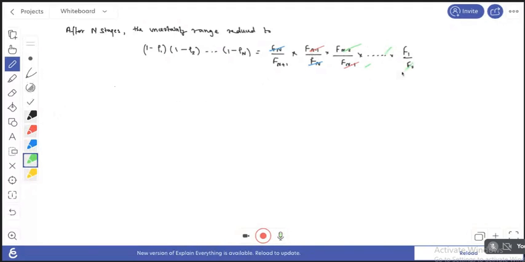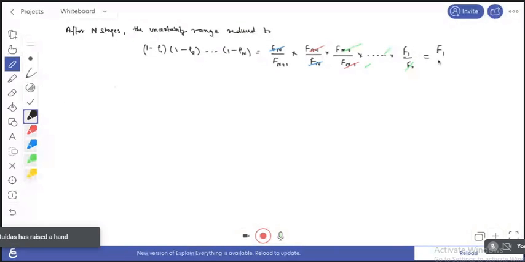Finally, you get f1 over f of n plus 1. So after n stages, your uncertainty range is reduced by the factor f1 over f of n plus 1, where